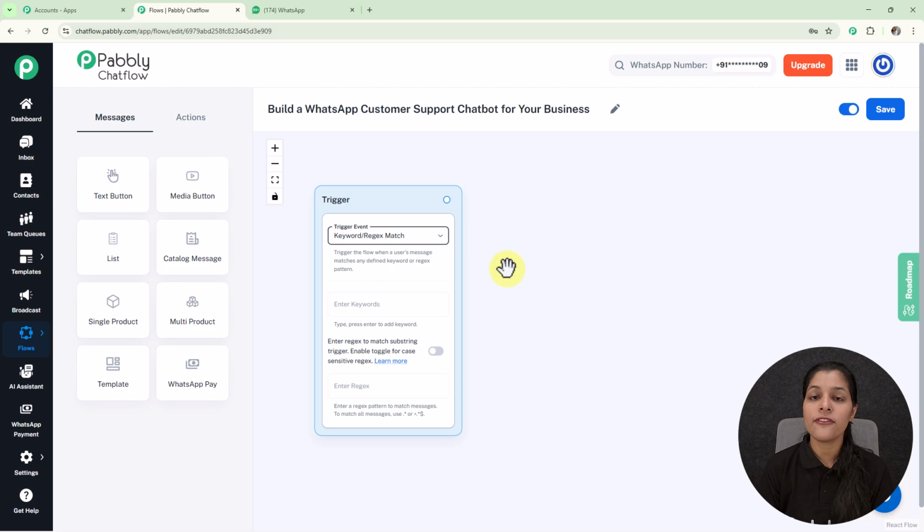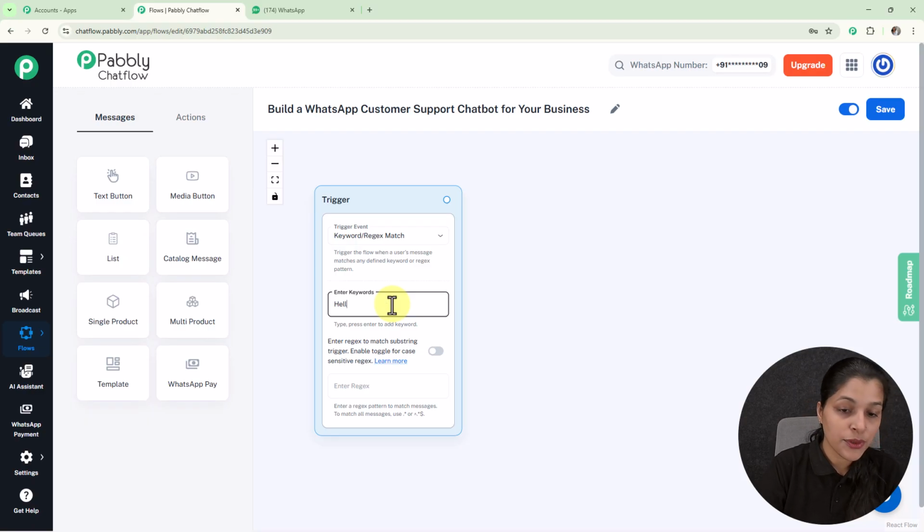Now you might be thinking, what is this keyword and regex? So keywords are the words which initiate your WhatsApp chatbot. Now let's say I want to initiate my WhatsApp chatbot as soon as someone enters a message consisting of this word hello. So here I am going to make this word as keyword. So here I have typed this word and pressed the enter key, and here our one keyword is ready,